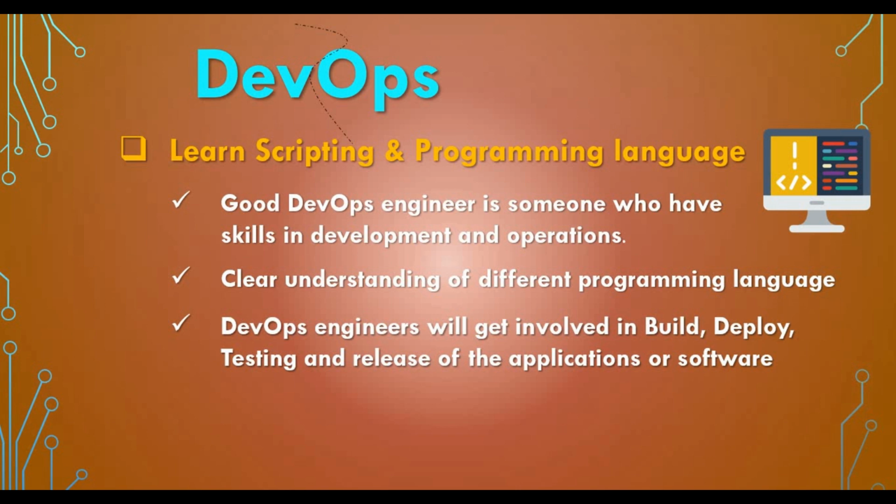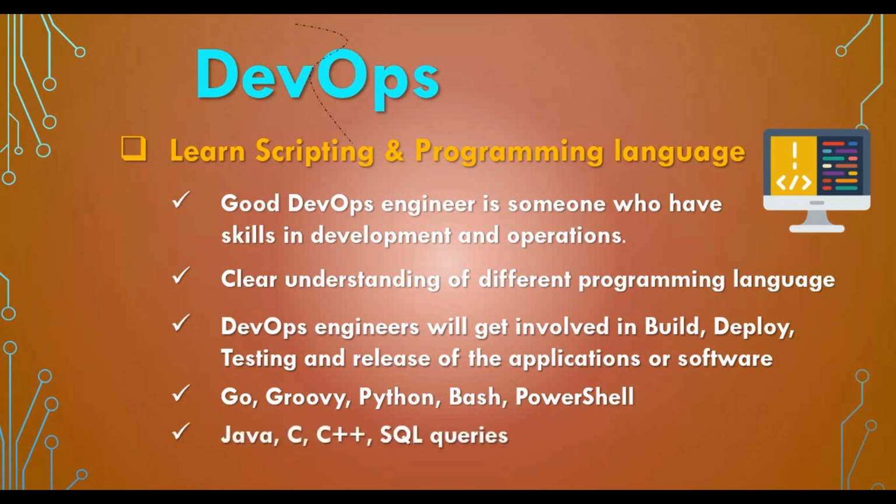So as a DevOps engineer, as I said, you will be involved in all the processes, whether it's build, deploy, testing, or release of the software, right? So you need to have all these stages. You will have to automate a lot of things, so you'll have to write a lot of scripts on that. So basically I would say you can focus on Go, Groovy, Python, Bash, PowerShell. These are some scripting or programming things I would suggest.